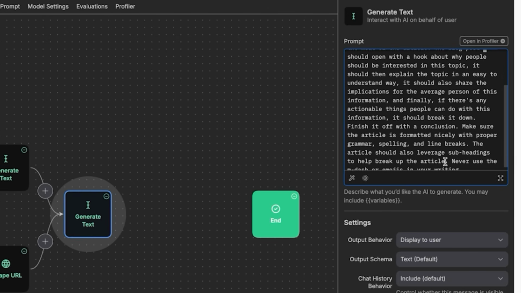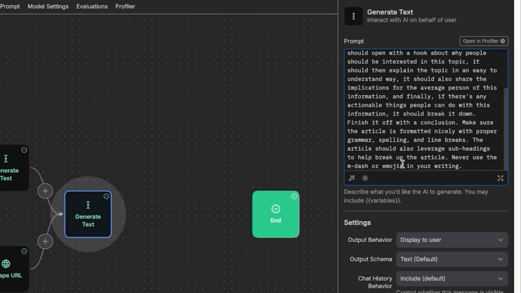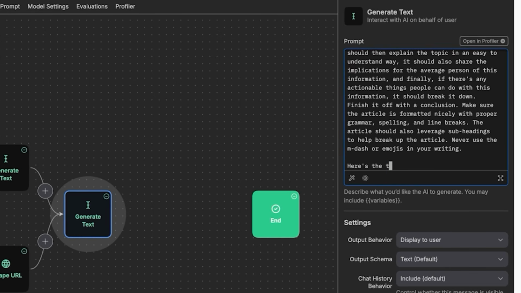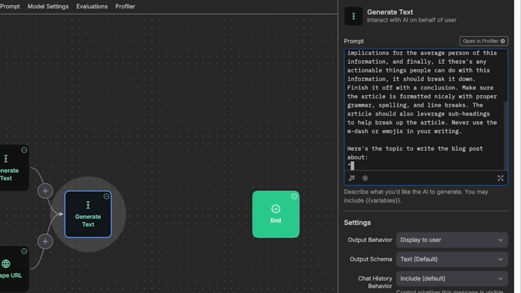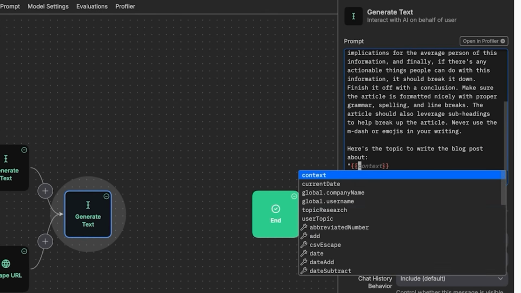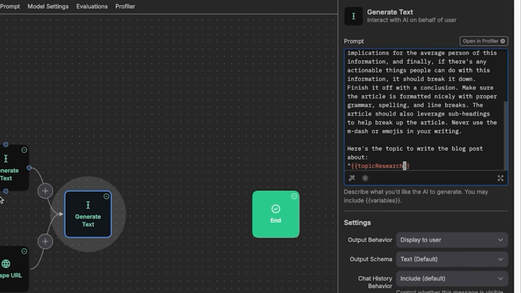The article should also leverage subheadings to help break up the article. Never use the em dash or emojis in your writing. And then I will put, here's the topic to write the blog post about. And then I will put in quotation marks our topic research that we got in our last step here. And I will also close off the quotation marks so it knows that is what it's creating a blog post